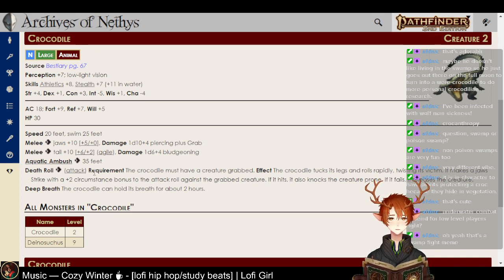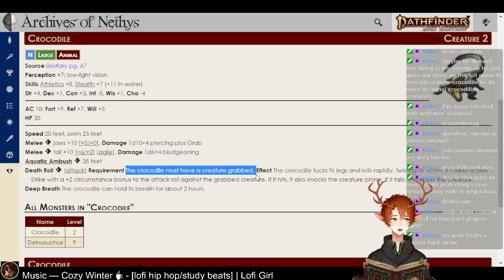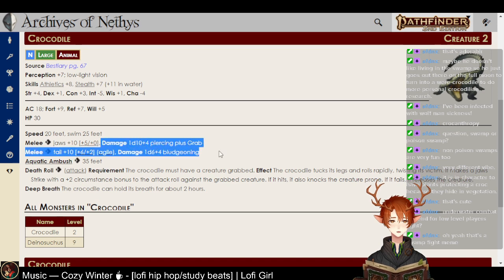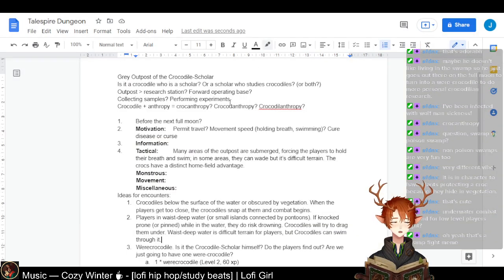Crocodiles have this death roll ability. It's a thing that they do. This is a fun fact for you: this is the way that they tear meat off their prey, they just spin around. So this seems quite fun. We'll probably only have one crocodile since they are large creatures. And maybe this will be sort of the...